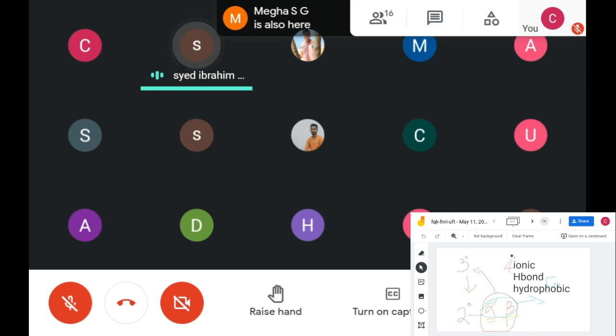For example, membrane protein. Membrane proteins are made up of mostly hydrophobic amino acids. So if you put the membrane protein in normal solvents, in normal buffers, it will become precipitate or it will degrade. Whereas all the globular proteins are soluble. You can dissolve them in any buffer or any solvent.